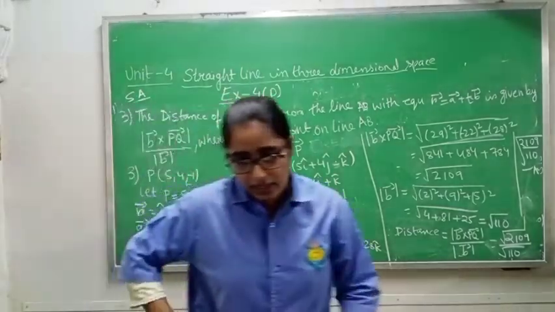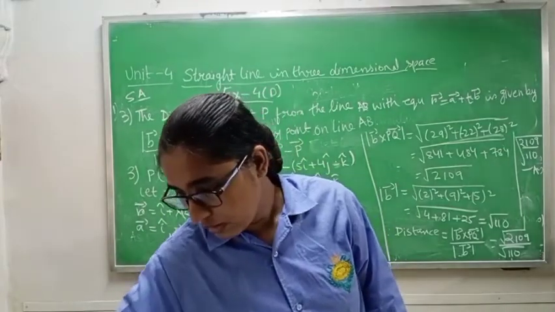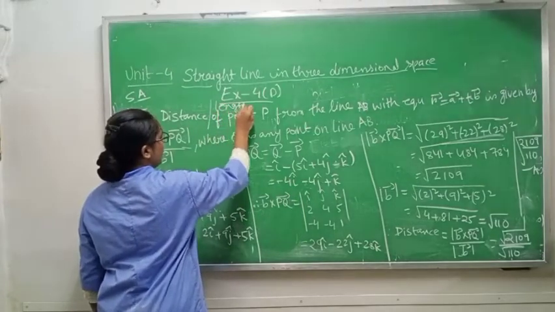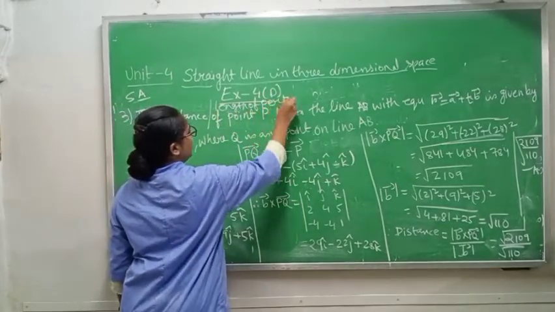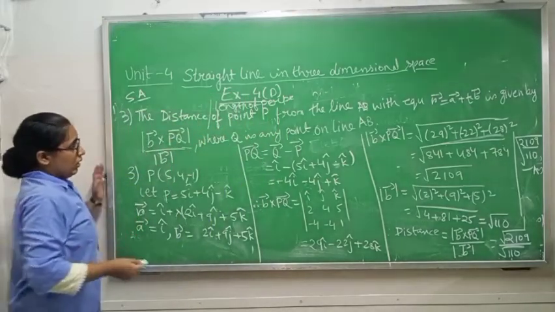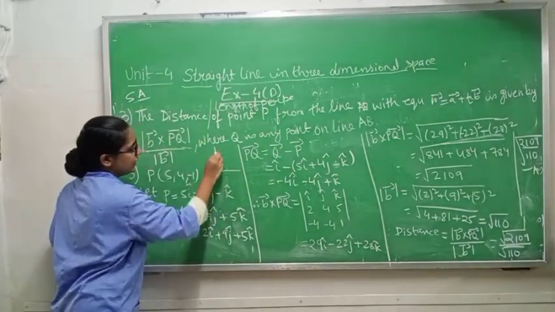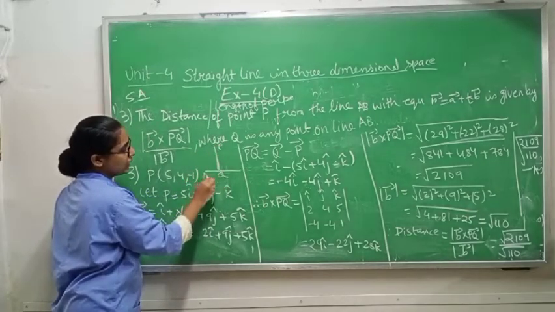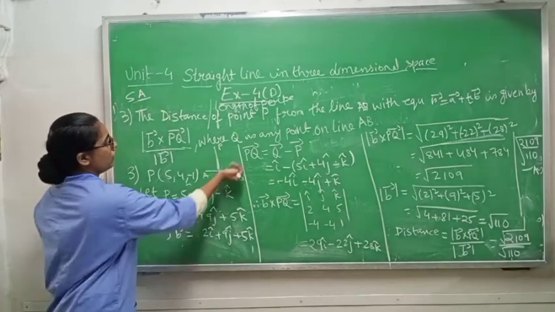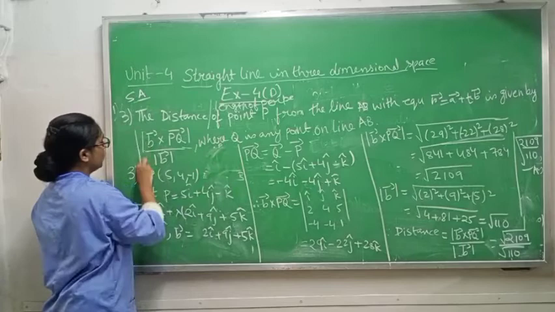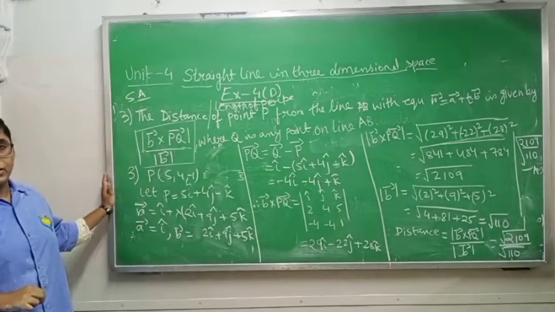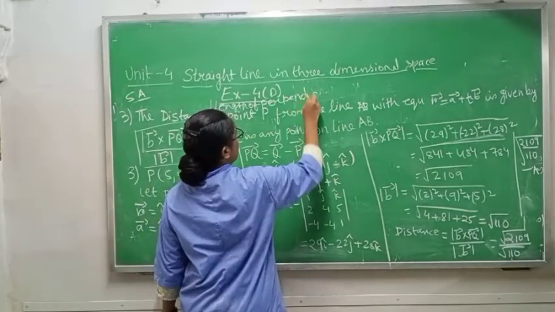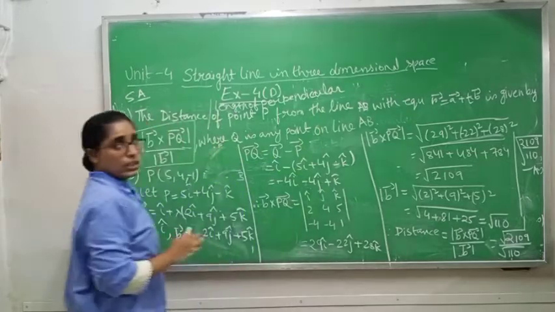Okay, so what are we finding? Length of the perpendicular. So you can write distance or length, both are the same. Length of perpendicular, because if this is the perpendicular, it is nothing but the distance from point P to Q, and this one is AB. Okay, so first of all, when this type of question is given to you, you will use this formula to find the perpendicular distance, or you can write length of perpendicular. Okay, either one you can say.